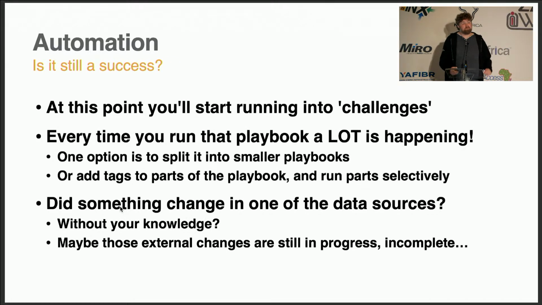But at that point, you start running into challenges. Because by now, your playbooks have grown so much, a lot is going on. So maybe you only want to update the BGP peers, but not the rest yet, because that's still a different project that's still in progress. So you could break down your playbooks and make smaller playbooks, one for this bit of the config, one for that bit of the config, but then you get things spread out all over the place. Or you can use one big playbook but give tags, so you can say like, okay, run this playbook, but only the BGP bit. I did that for a while.